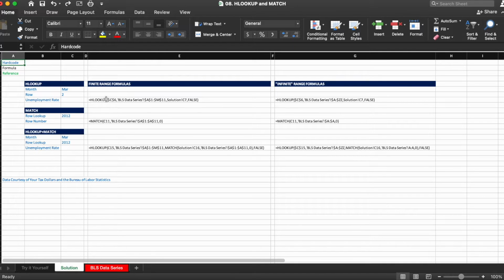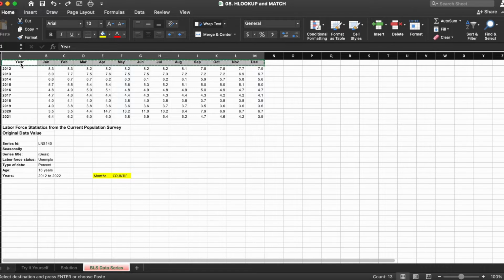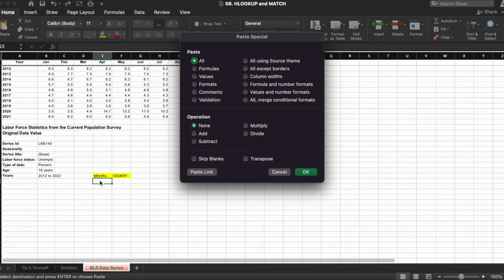Before we do the HLOOKUP, let's look at our data to make sure that our first row has unique values in every cell. So we'll go to our BLS Data Series tab, and select from A1 through M1. We'll press Command Shift or Control Shift Right to highlight the data, and hit Control C. Then we go down to E23 and press Control Command V or Alt Command V to open up the Paste Special menu.